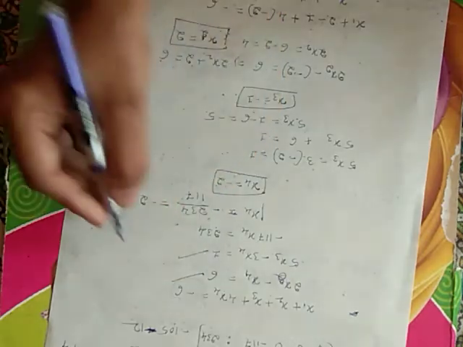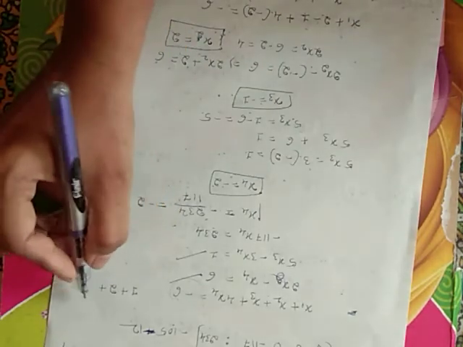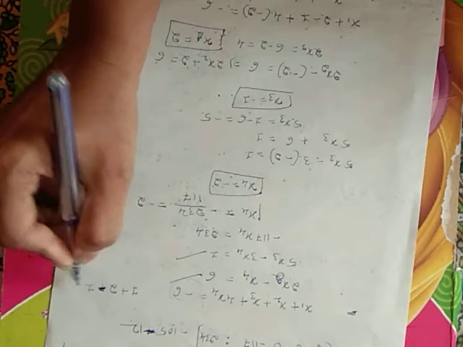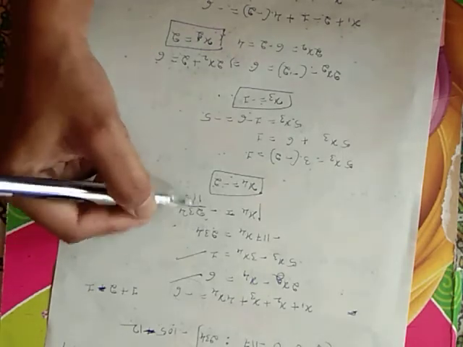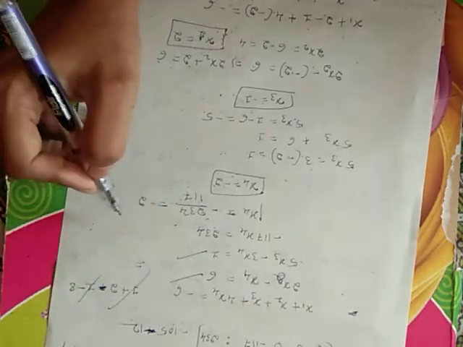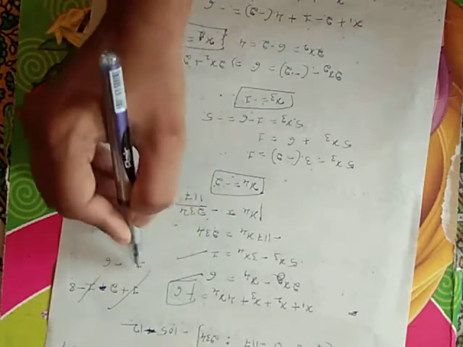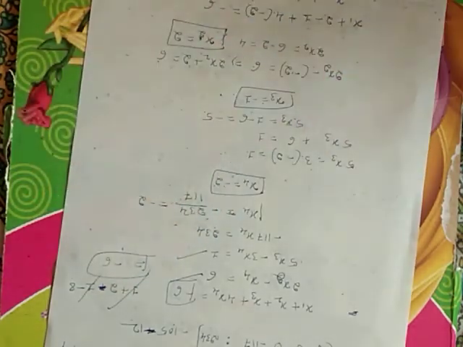So I am taking all the substitutions here. x1 is 1, x2 is 2, x3 is minus 1, x4 is minus 2. Minus 2 into 4 is minus 8. 1 cancelled. Minus 8 plus 2 is minus 6. So that is our RHS. That is the easiest way to cross check whether the terms we have obtained are right or not. So that is the procedure of solving the example here.